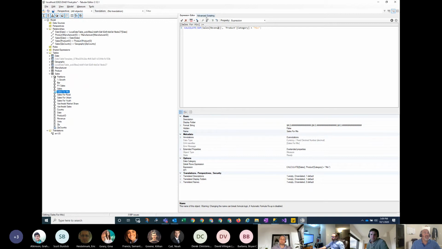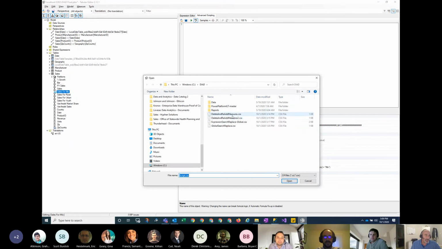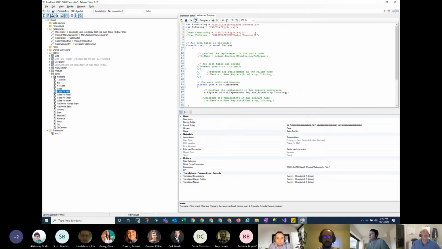All right. So there's this advanced scripting, and it's a little hard to get used to at first because you can only have one open at a time. But if I open here, I'm going to just open an existing C# file that I've created. It's C# code, but it's basically just code around maintaining the tabular model. There's basically a C# set of libraries that let me talk to the model and make changes to it. So I'm going to do this one first here, to search and replace. One of the things I can do is actually interrogate the model.